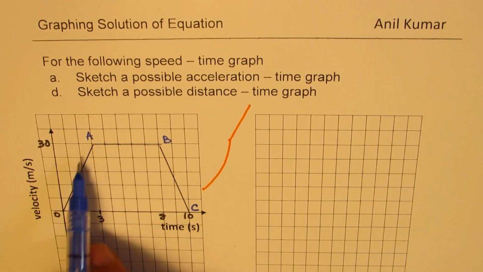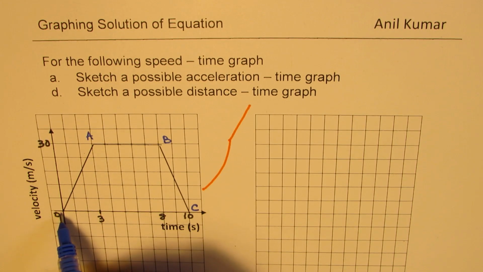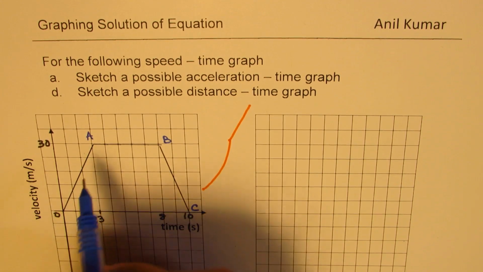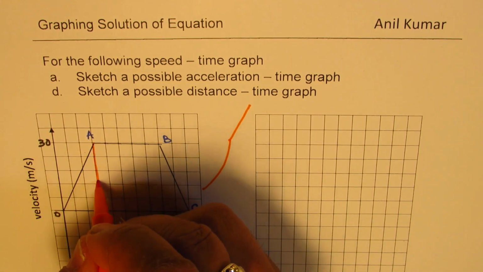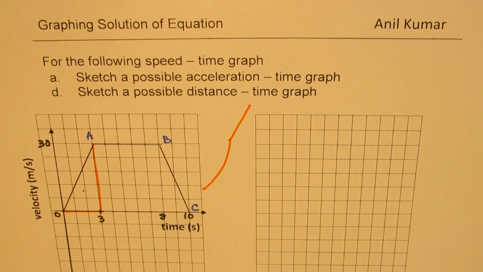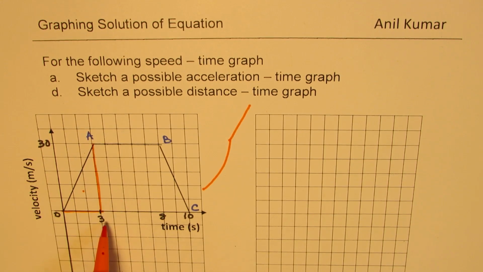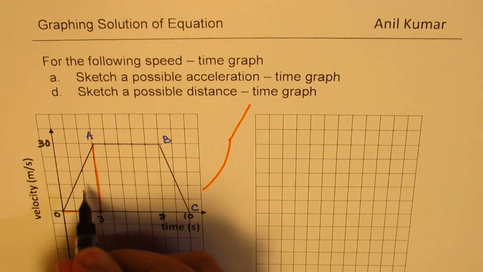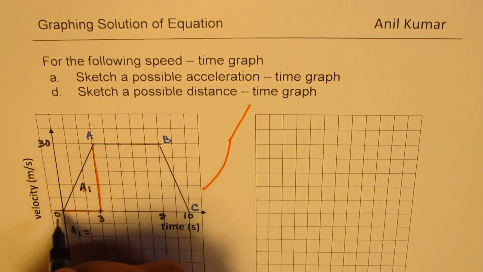Distance is basically the area under the graph. So let's find the distance traveled from O to A. So we'll calculate the area under this graph. So that is to say, we'll find the area of this portion, right? So the area of this portion will give us the distance covered at this point, that is in the first 3 seconds, right? So in the first 3 seconds, area A1 in this graph is the area of the triangle,